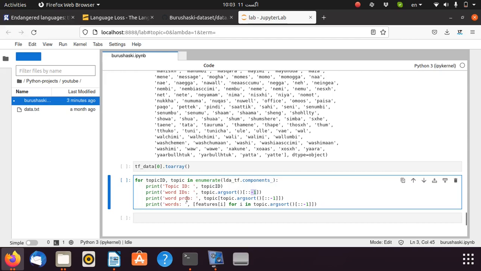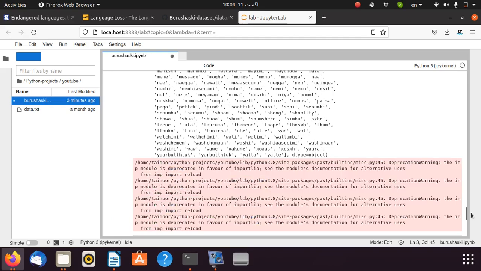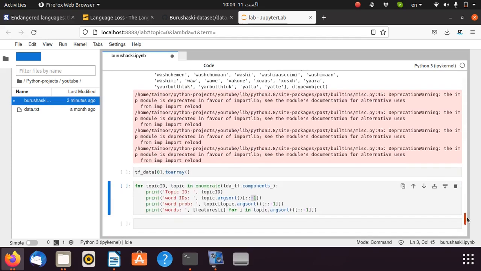And another thing to note over here is that these are raw probabilities, so the values are going to be above 1. We could have normalized them to bring all those values to the range of 0 and 1, but that would just cost extra computation and it's not going to affect the ordering of words. Since we are just interested in the ordering, we are going to use raw probabilities instead of the actual probabilities. And then the actual word, this is the most important part that we are interested in. What are the words that we have in those topics? So if we run this